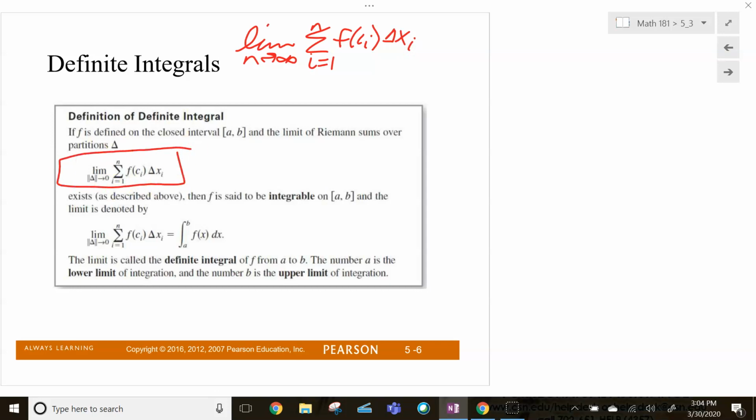The limit as the norm of the partition goes to 0, it's called the partition, okay? So that's the width of the largest subinterval. Now we're using regular subintervals. Again, that's your partition or your delta x. It's the same thing. So as the partition goes to 0, this is the exact same thing: the limit as delta x goes to 0 of the summation, i being 1 to n, of f of ci times your delta xi on that,